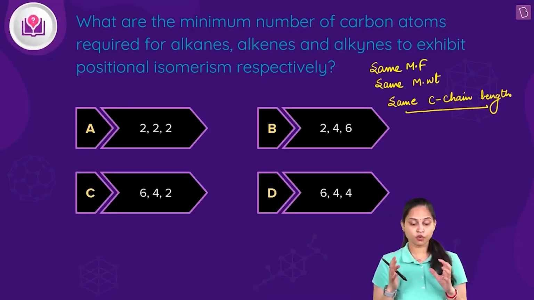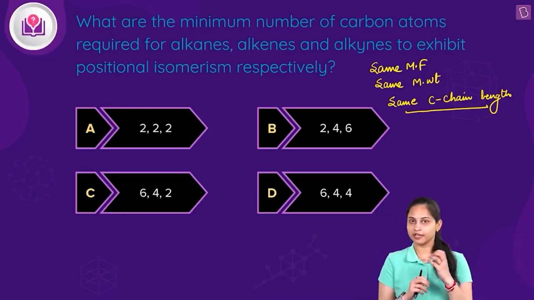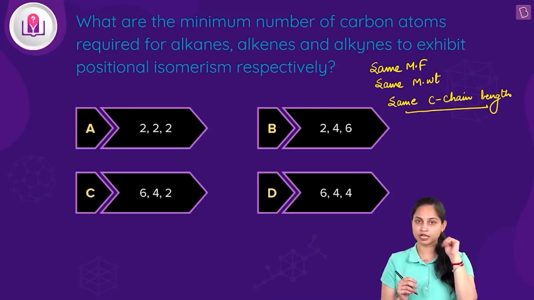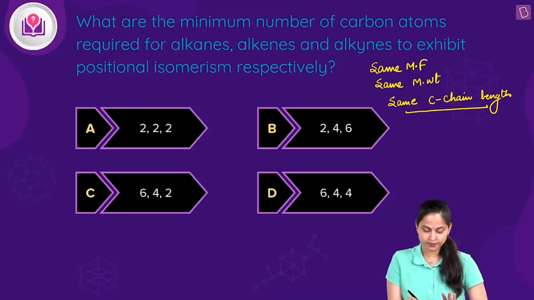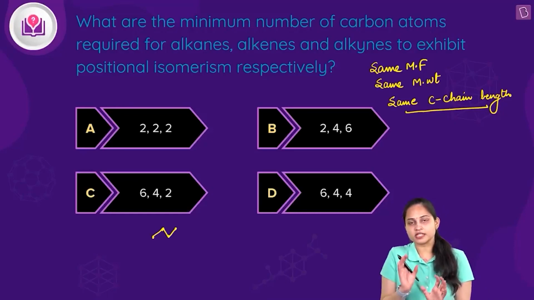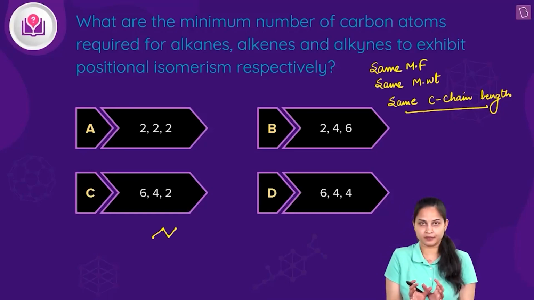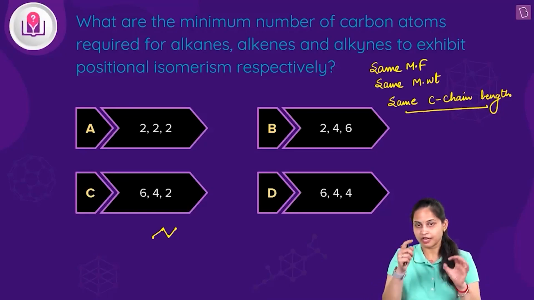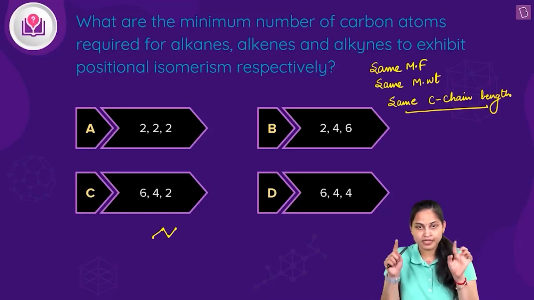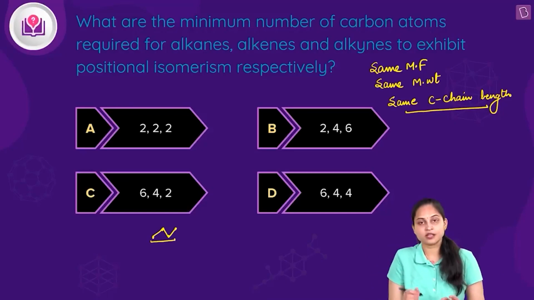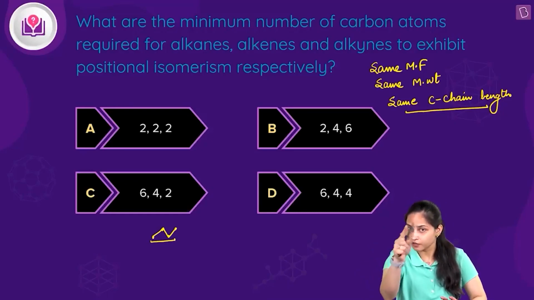If I just go with the alkane part, first of all let me check it for butane. That means the compound having 4 carbon atoms, and let's take it as butane only. So it's 1, 2, 3 and 4. Now if I modify something in this particular butane, if I want to have a positional isomer, I need to have the same carbon chain. That means the carbon chain should be of 4 carbon atoms only, as in this particular case. But the position of the alkyl substitution will be varying.